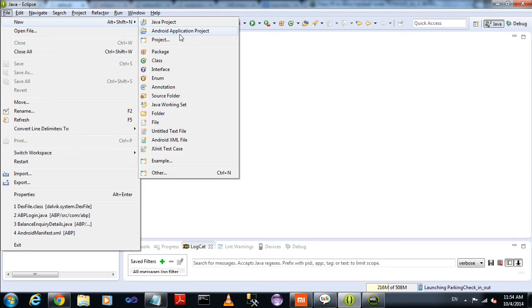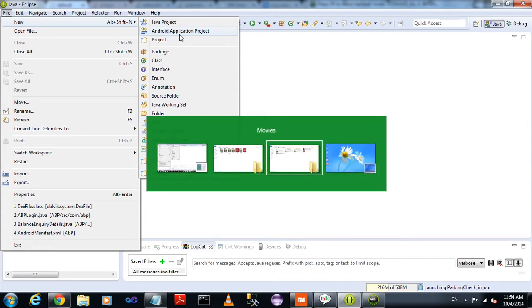After downloading, configure Java Eclipse, go to File and select the menu New, Android Application Project.